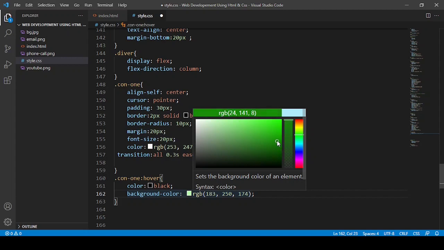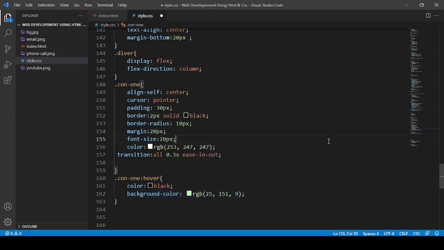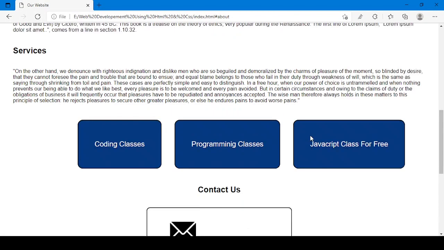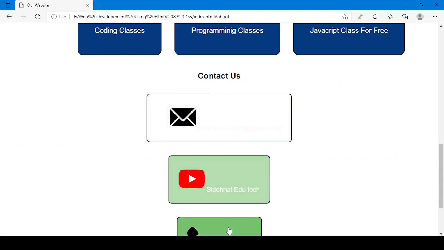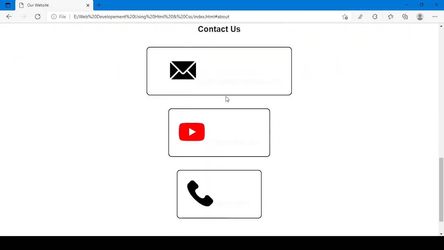Here I can give this one also. Yeah, and I can just save it, and when I just see now, that is the result. Isn't it amazing?